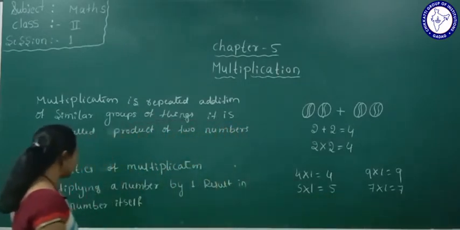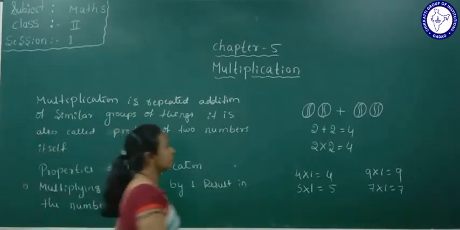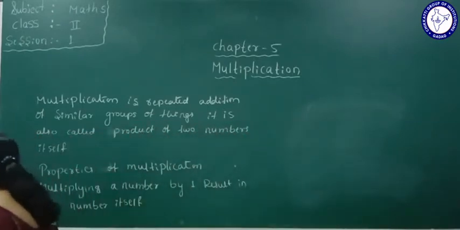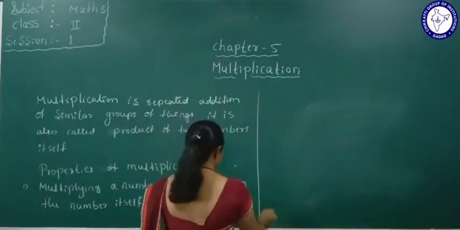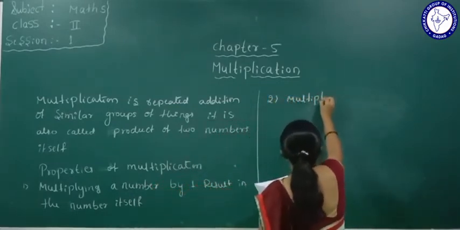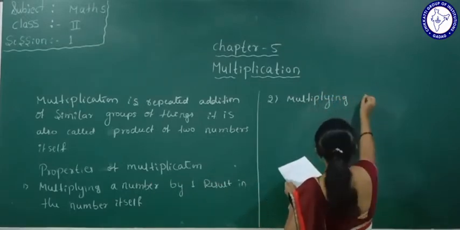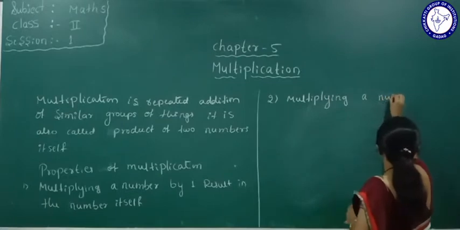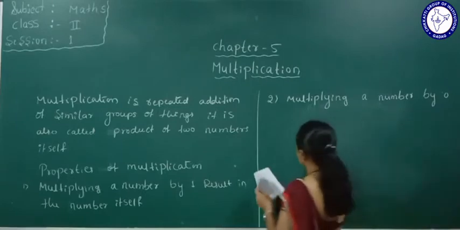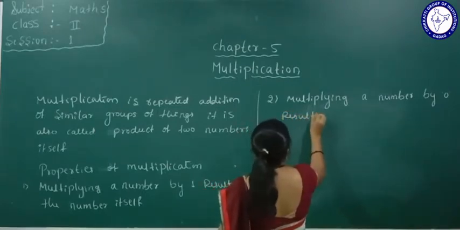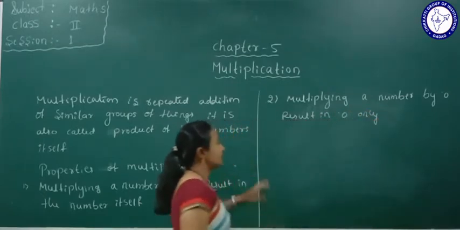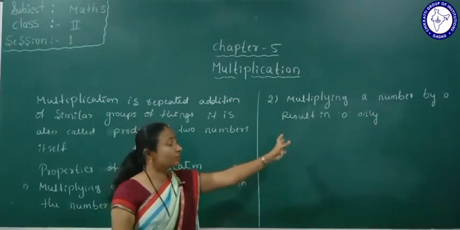So second one, another property is there. What is that other property? Yes, that is the second property: multiplying a number by 0 results in 0 only. Yes, see here students, we can multiply a number